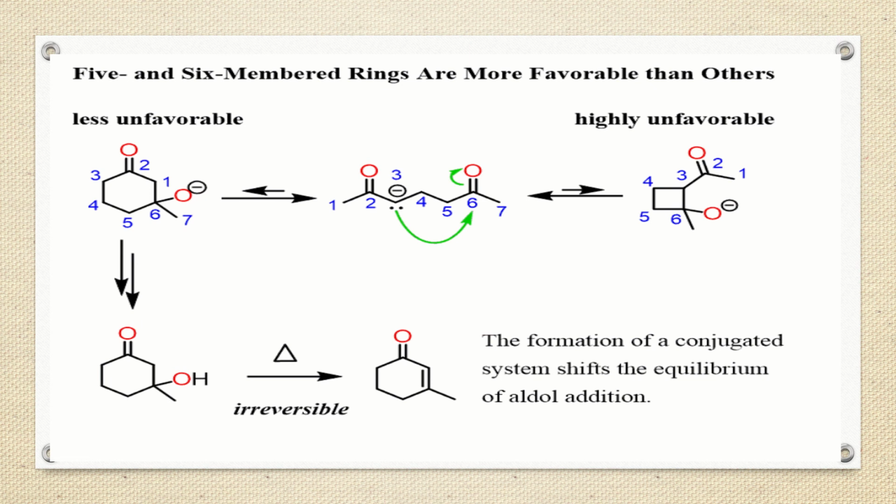Now, in case of intramolecular reaction, here there are two possibilities. If you check for this reaction, you get 4-membered ring as well as 6-membered ring. But the 4-membered ring will be highly strained and will be an unstable one. Therefore, the reaction will be carried out for formation of 6-membered ring, leading to an alpha beta unsaturated carbonyl compound.